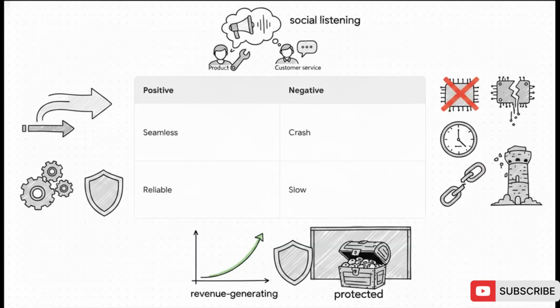in the room. Now, another brilliant tool for proving ROI is sentiment analysis. By using social listening tools, we can translate raw, messy conversations into highly actionable business intelligence. Say you're a tech brand. You track positive terms like seamless and reliable against negative ones like crash, slow, or outdated. This lets your customer service and product teams shift from being reactive to proactive, spotting market trends and fixing critical issues way before they turn into a PR nightmare.